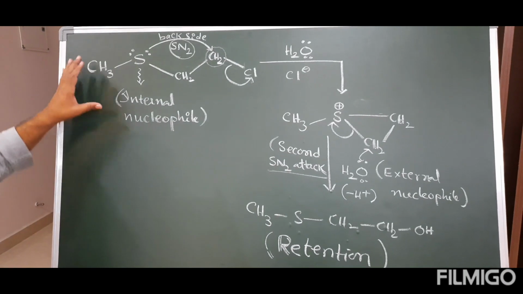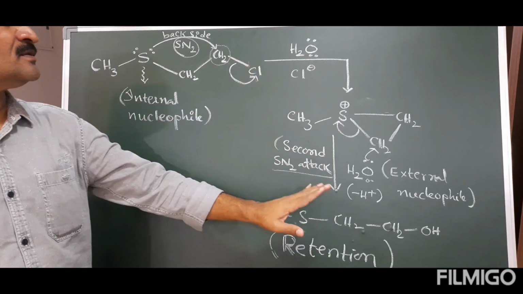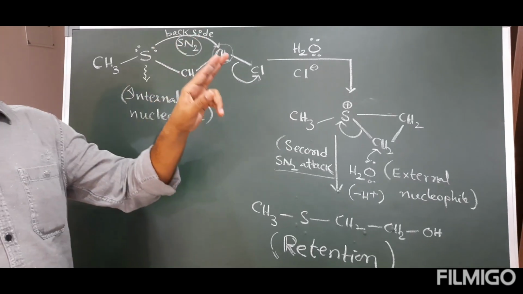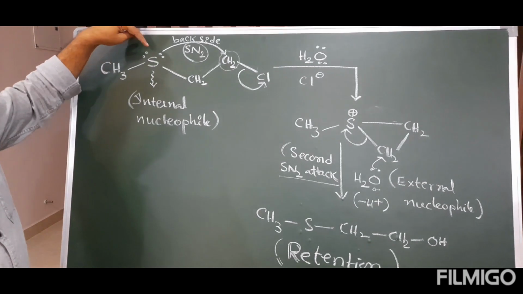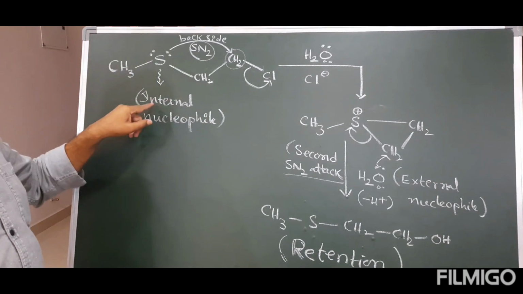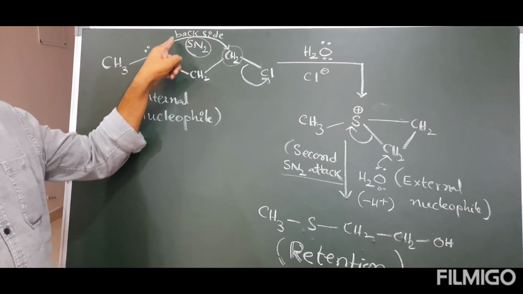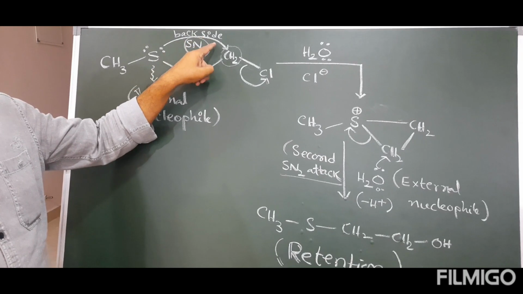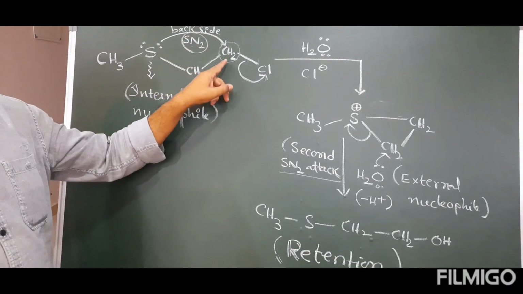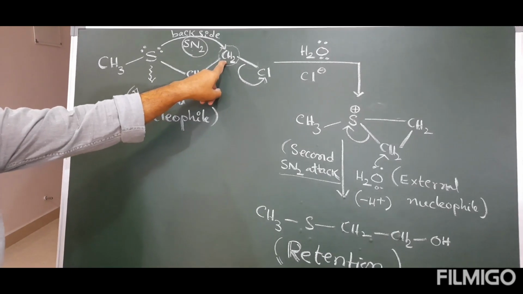Students, remember that in an NGP reaction, the nucleophile attacks the substrate two times. One time from the neighboring group. This is considered an internal nucleophile because it attacks from the backside. So the mechanism is SN2. Because of backside attack, if this carbon is chiral, its configuration is inverted.